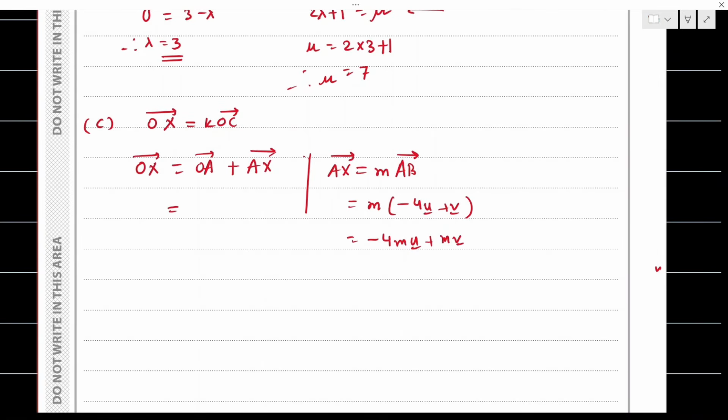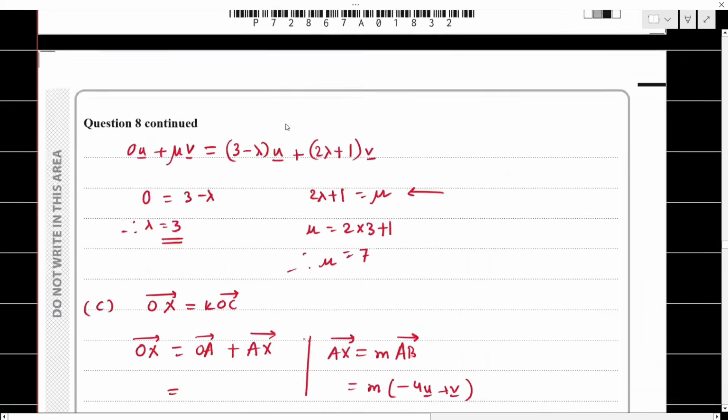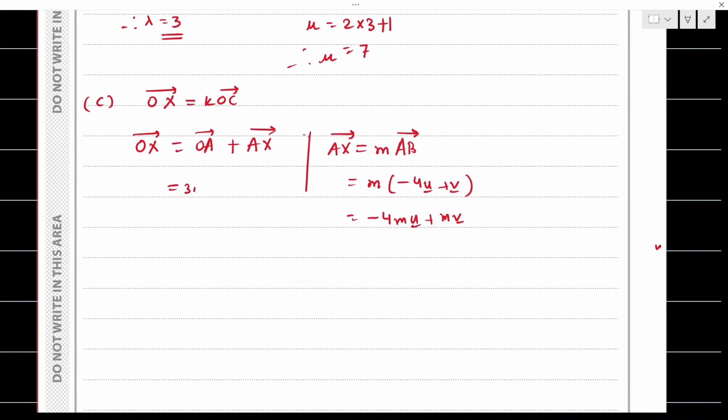I know the value of OA from our earlier equation: OA is equal to 3U plus V. So OX is 3U plus V plus AX, and AX is equal to minus 4mU plus mV. Simplifying this, if I add the coefficients of the U vector and V vectors together,